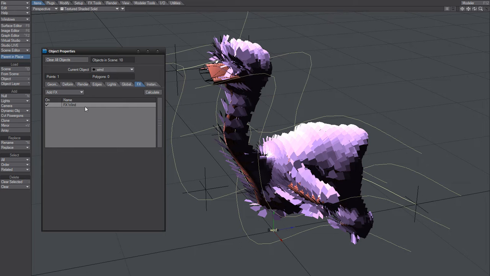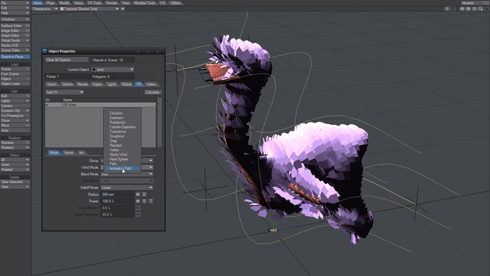I added FX Wind, so this is the FX tools, not that accurate like Bullet, but I thought it would be interesting to give it a go. So I'm kind of like grooming the feathers by using Wind. I guess this is called Animation Path. Not sure if that's the official name, can't recall. Anyway,